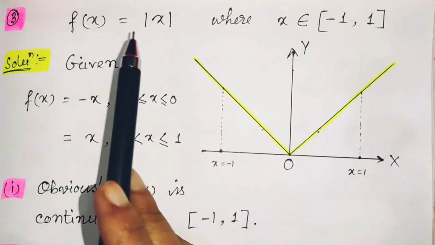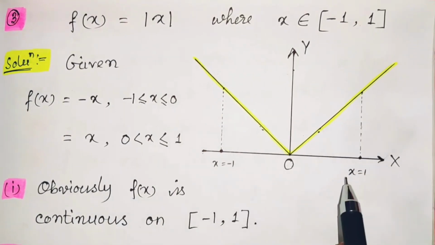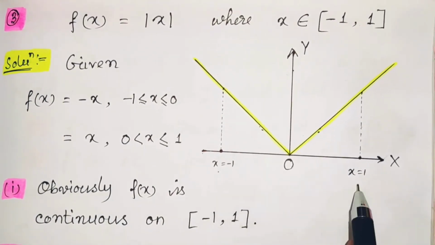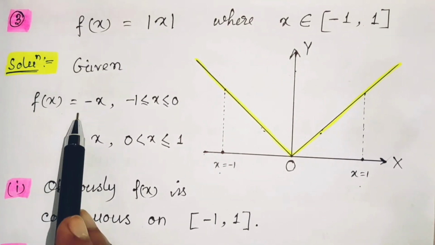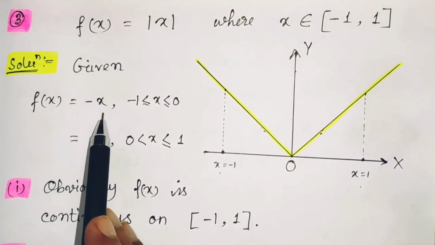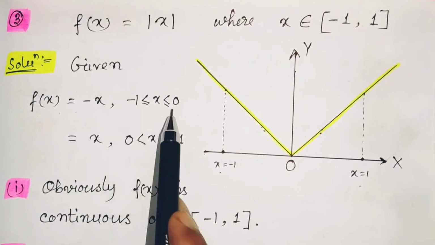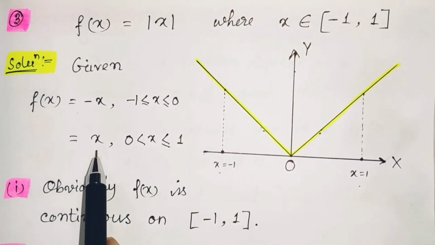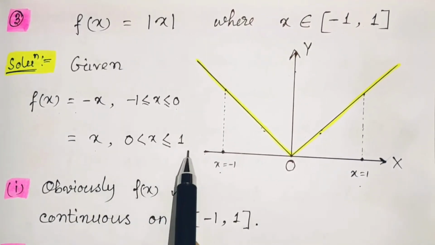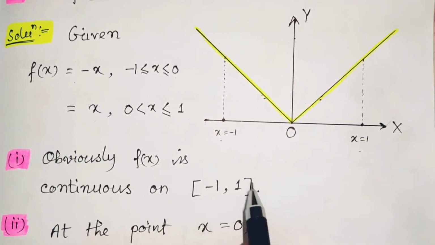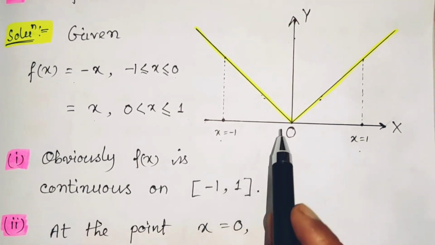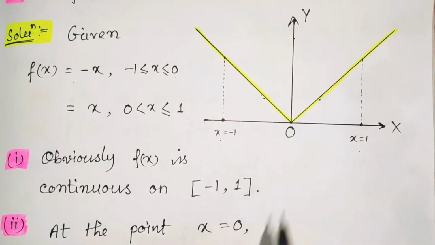According to the given function, the graph should be this one. Here this is -1 and this one is +1. So the given function f(x) is equal to -x within the range -1 to 0, and equal to x within the range 0 to 1. Obviously the given function is continuous within this entire range, but at exactly this point 0,